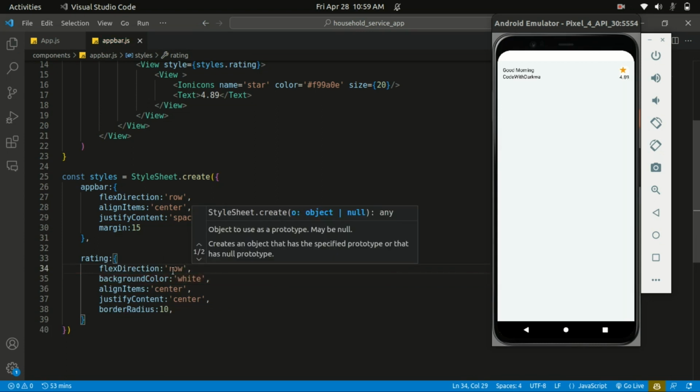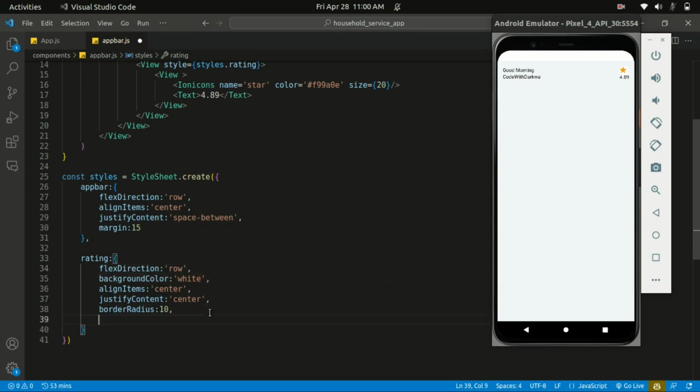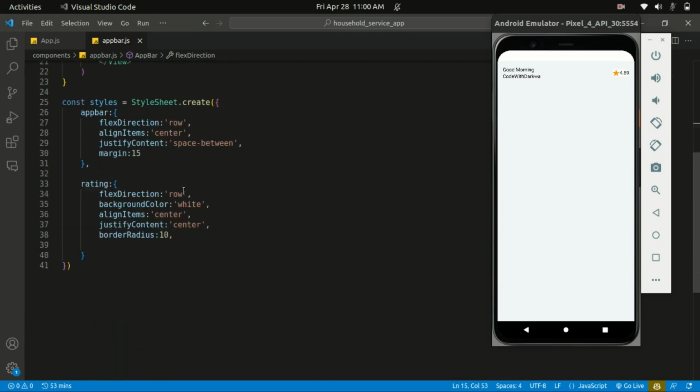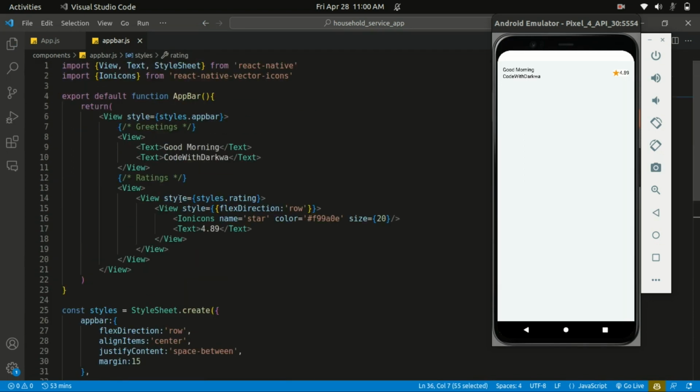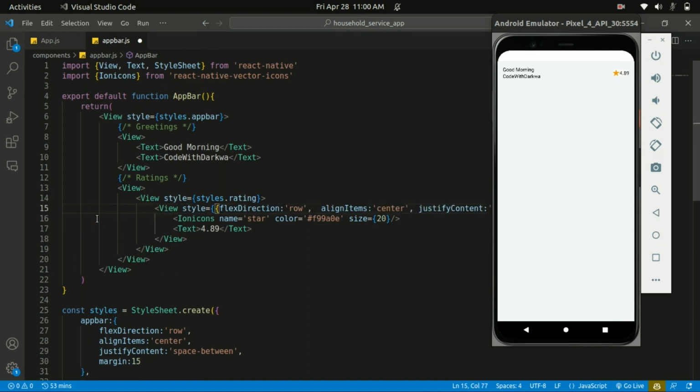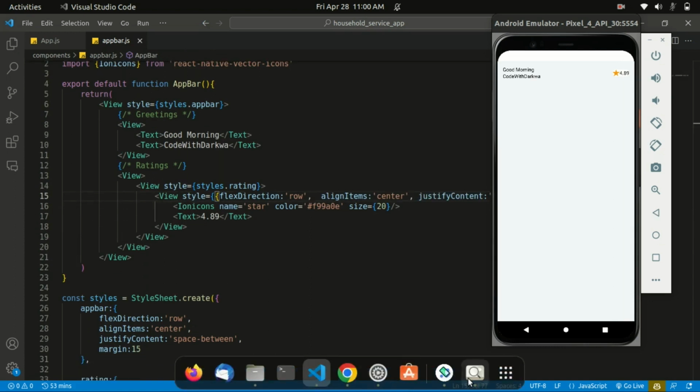So once you have that, let's style the view over here. Let's give it a flex direction of row and also align items and justify content to be center, right? Let's save the changes. There you go. So when you take a look at it,